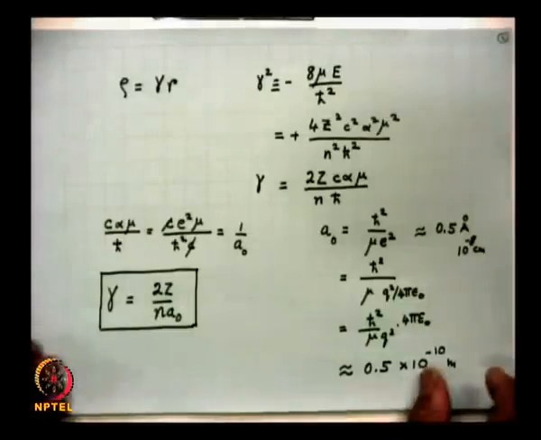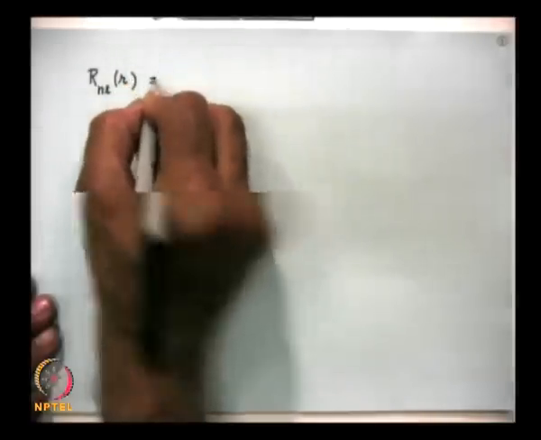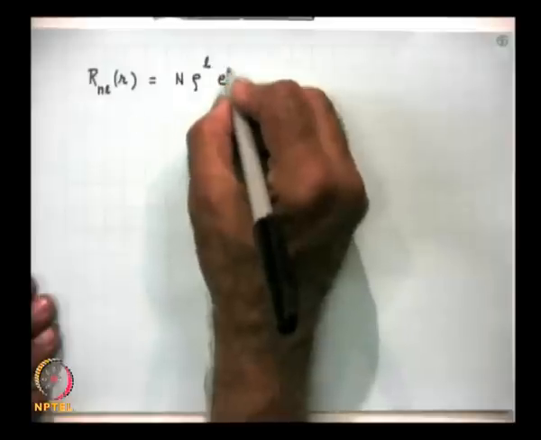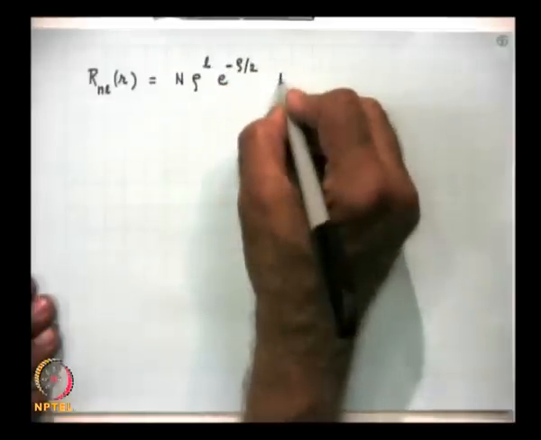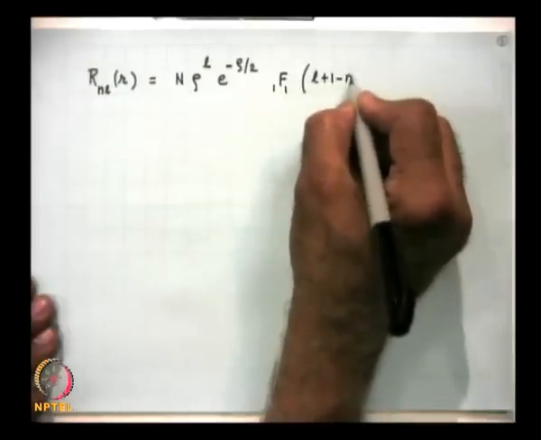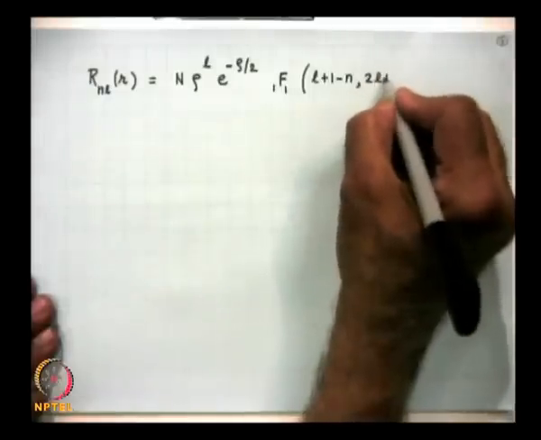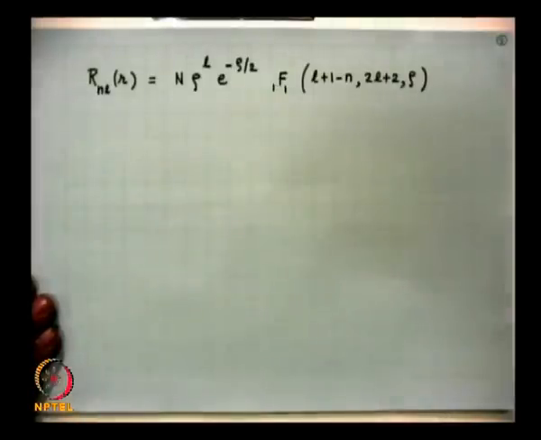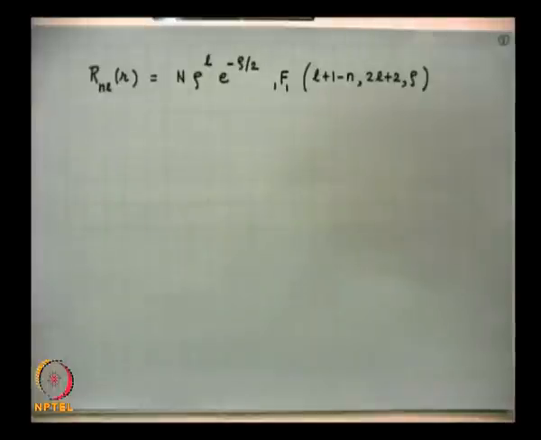Now, I will discuss that in my last lecture we had derived the expression for the radial part of the wave function as N, the normalization constant, rho to the power of L e to the power of minus rho by 2, and it is a very easy formula to remember, F11 L plus 1 minus n, 2 L plus 2, into rho. This is the confluent hypergeometric function, and as an example we will calculate the